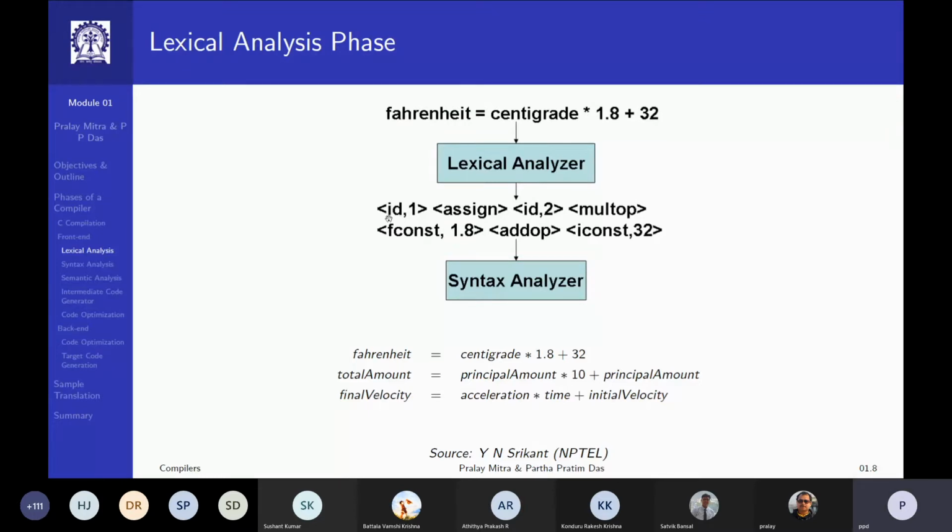And what kind of token? What does this word mean? It means an identifier, which loosely you can say is a variable. And there could be many identifiers, like I have centigrade. So I just give a serial number. Later on, we will see how to actually handle the identification or the name of the identifier. But I can just say it is ID1, centigrade is ID2.